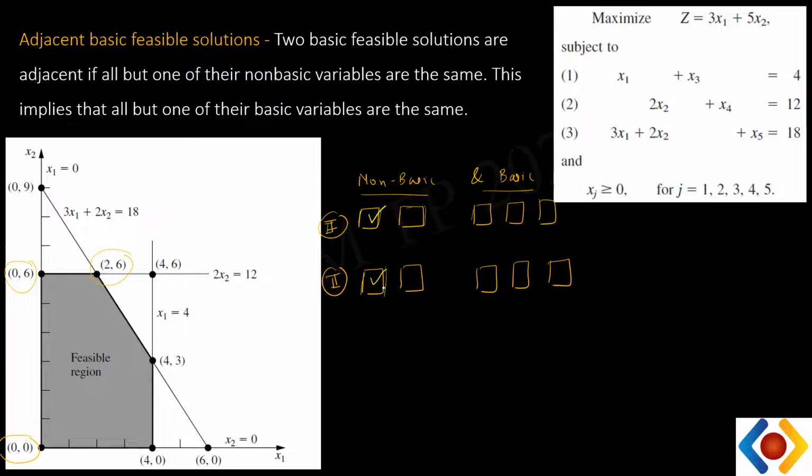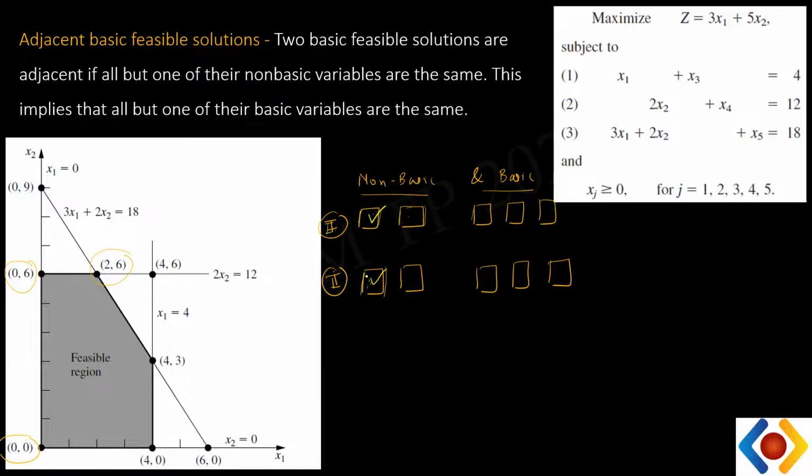These first two boxes are representing non-basic variables. The other 3 are representing basic variables. When do we say that these 2 are adjacent solutions? When all but 1. So that statement is confusing, so I'm trying to simplify. I'm saying out of these 2, if one of the variables is exactly the same in both of these, then we say